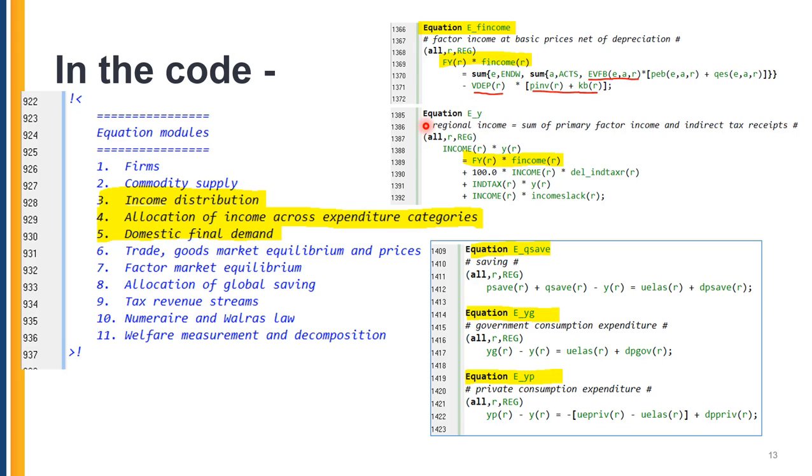Moving down to 1385, you see the regional income equation. So it is going to carry forward this piece, the factor income. On the left hand side we have the regional income level, income R, times the percentage change, and on the right hand side we'll have the factor income multiplied by the percentage change in factor income. And then the remainder, of course, is that beyond the factor income, the regional household derives earnings from indirect taxes, right? So all the taxes in the model are collected there, and that's what the remainder of these terms are doing. And so all of this structure of level times